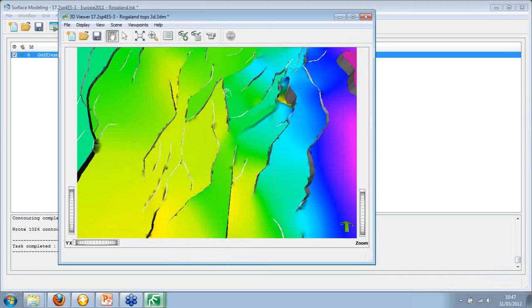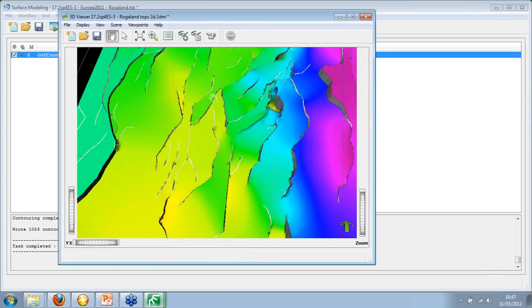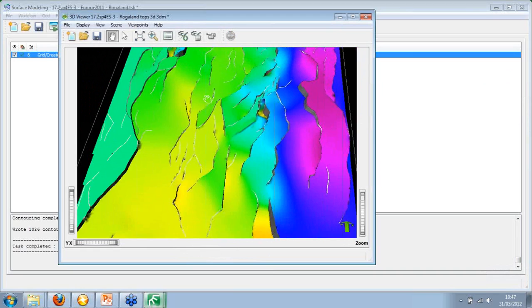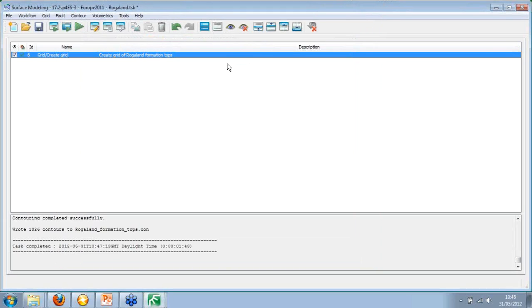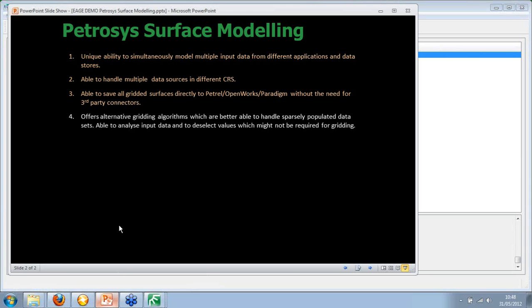So you can see how Petrosys allows you to influence the input data to gridding without actually having to change anything within your project, without having to have multiple versions of an interpretation or a top. Based on your different interpretation, you can actually influence that input data without changing the project or database. If we go and have a look at our next point here,